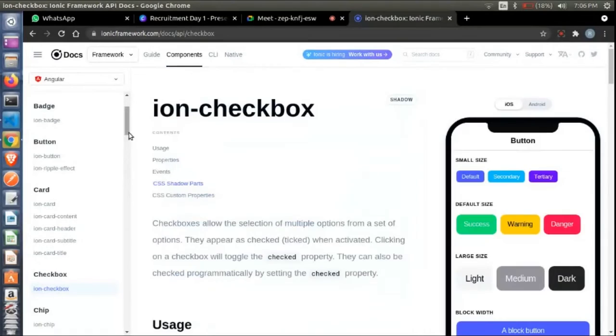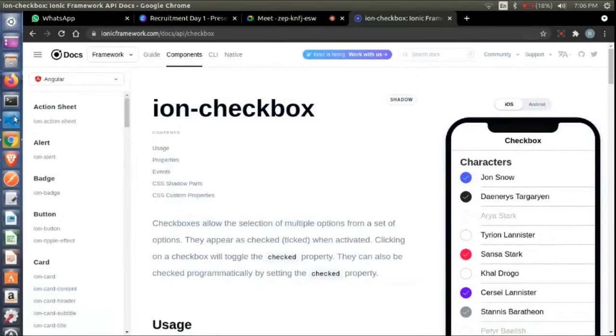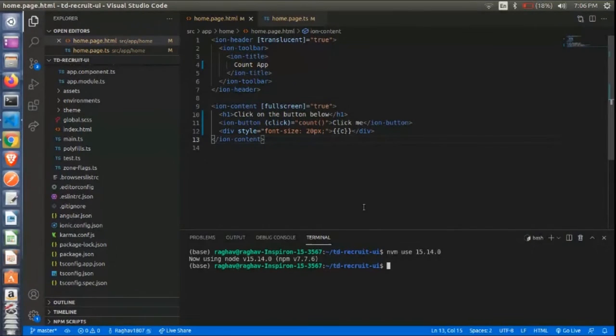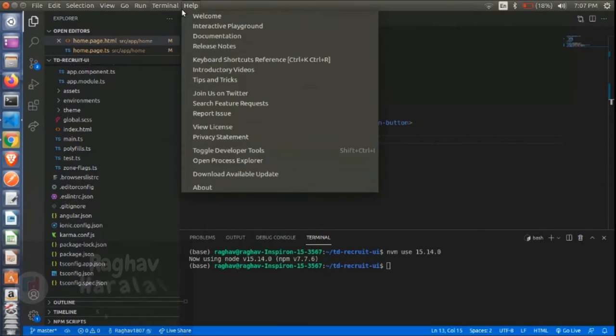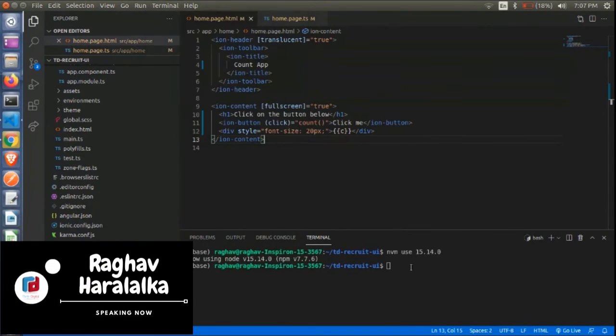Right now, I will only be showing you one UI component, which is cards. First, click on terminal and create a new terminal. I have already created a new terminal, so you need not.